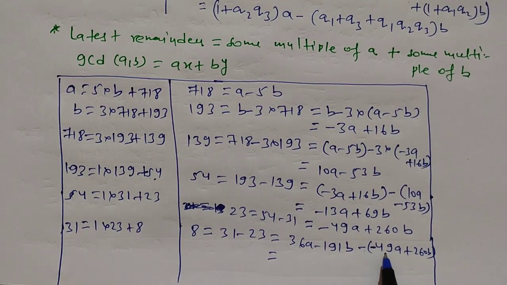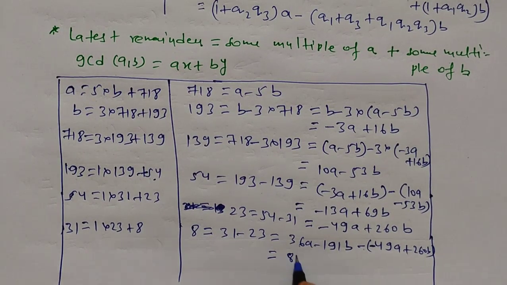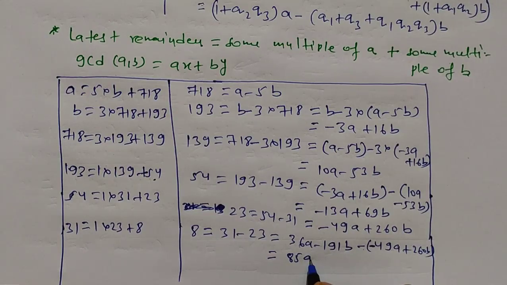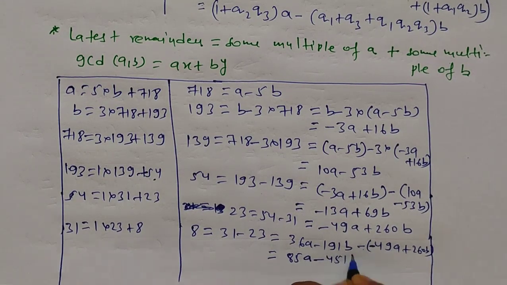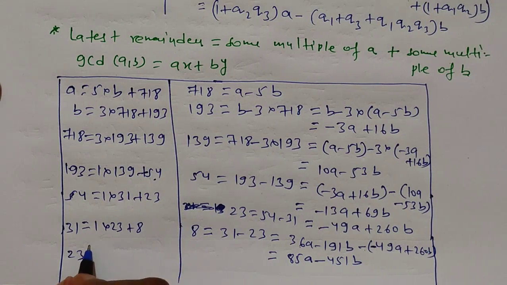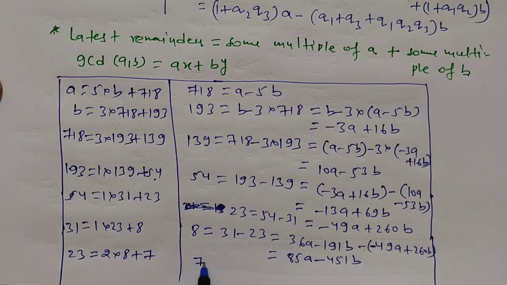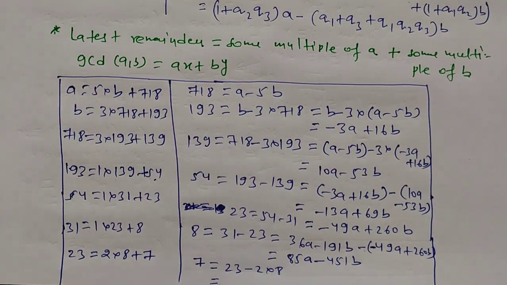So minus of minus plus 49 plus 36 will be 85a minus 451b, and again for 23 this is equal to 2 into 8 plus 7, and now 7 is equal to 23 minus 2 into 8, and this is equal to